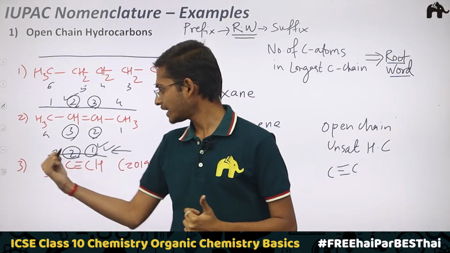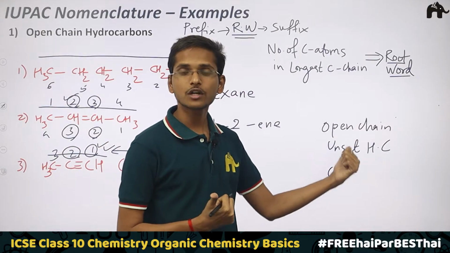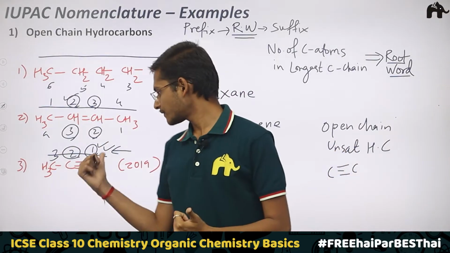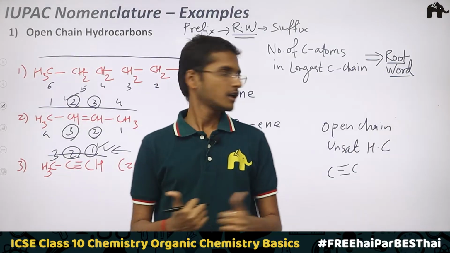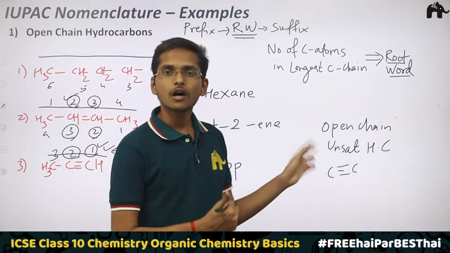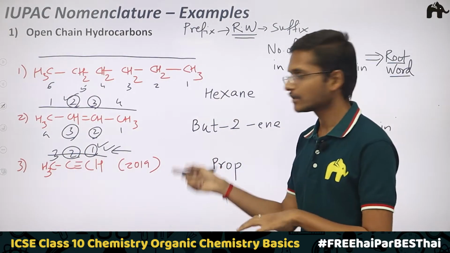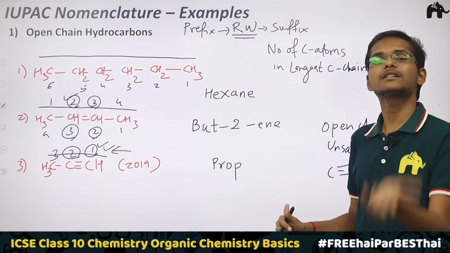Okay, an open chain hydrocarbon, made up of only carbon and hydrogen. Then in the open chain hydrocarbon it is unsaturated, because it has a carbon-carbon triple bond. And then which unsaturated hydrocarbon it is, out of alkene and alkyne, it is an alkyne. So you can reach this point, figuring out that this is an alkyne, and then the suffix